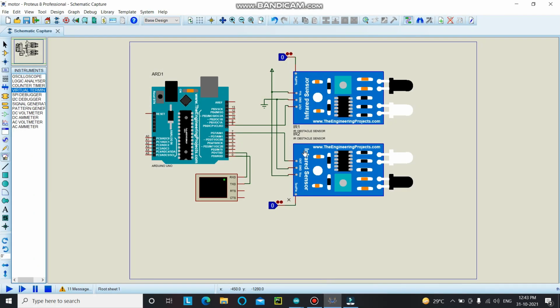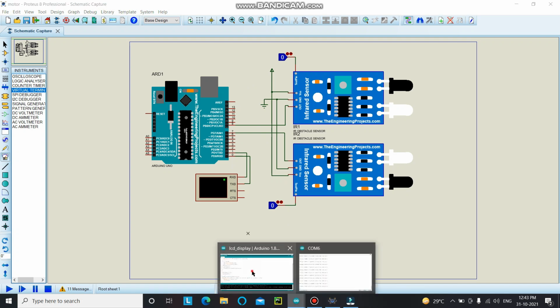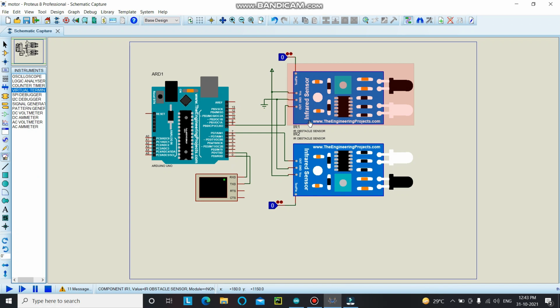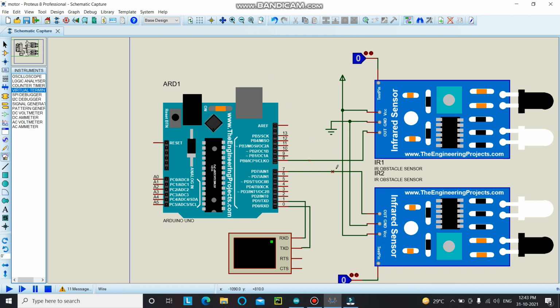For this you need two IR sensors, or obstacle sensor, or infrared sensor, one Arduino board, some wires and one LCD display or any kind of display that you want, which is optional if you want to print the information on the display. For now, I'm using my serial monitor to print that data. So I have connected my two infrared sensors with the Arduino board. I'm reading the output from each sensor at digital pin 7 and digital pin 8 of the Arduino board.